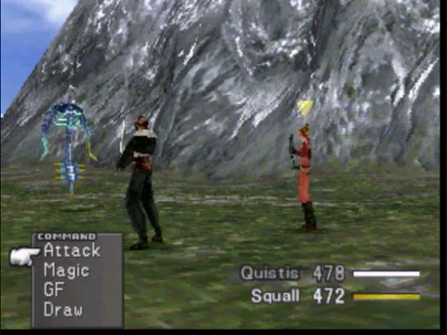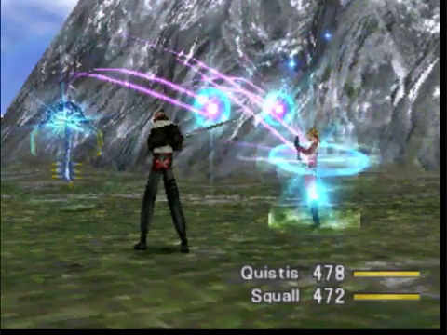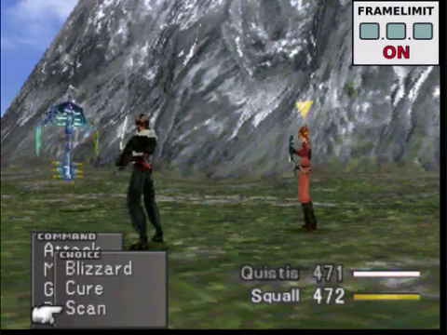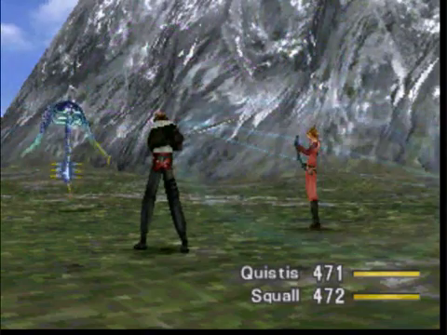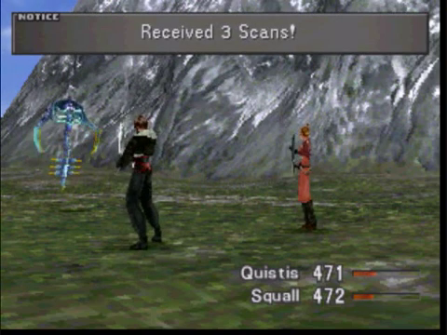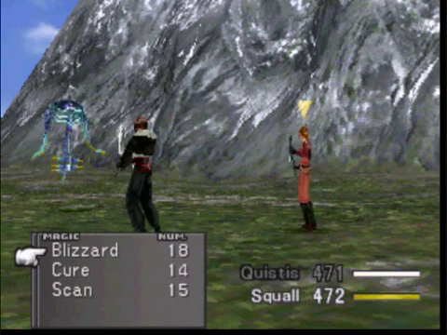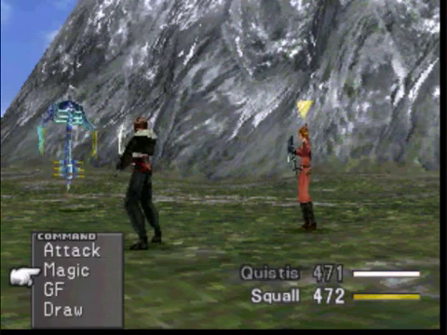Because then later on, I'm able to speed through certain things that would have taken longer otherwise if I hadn't done these draws. Like, the reason I'm getting a bunch of Blizzards right now is that since I am going into the Fire Cavern, I do want to have Blizzard ready to cast on those fire types. Because unlike in Pokemon, ice damage is super effective against fire-type creatures. Anyway, let's see. I got 18 Blizzards, 14 Cures, 15 Scans, and on...